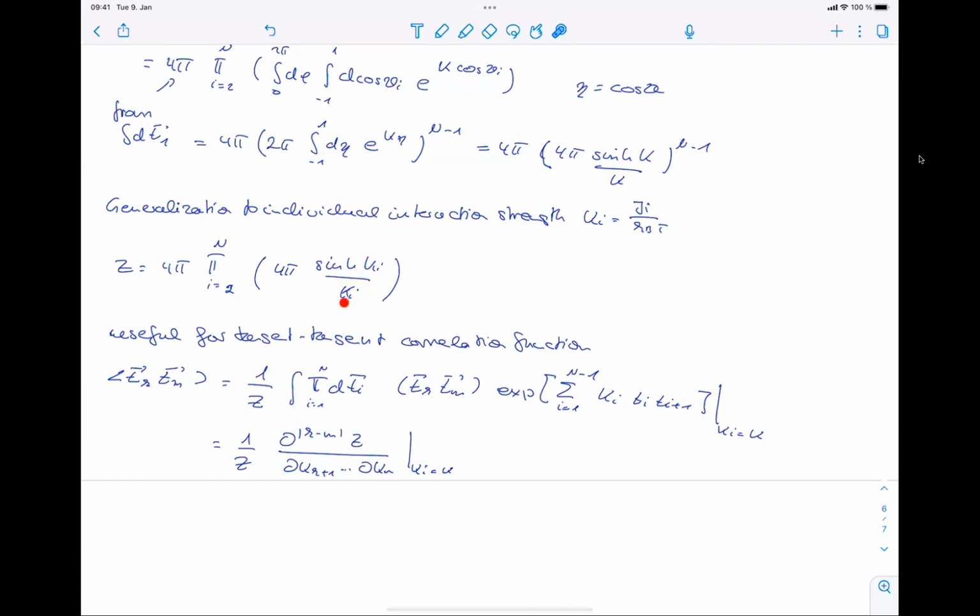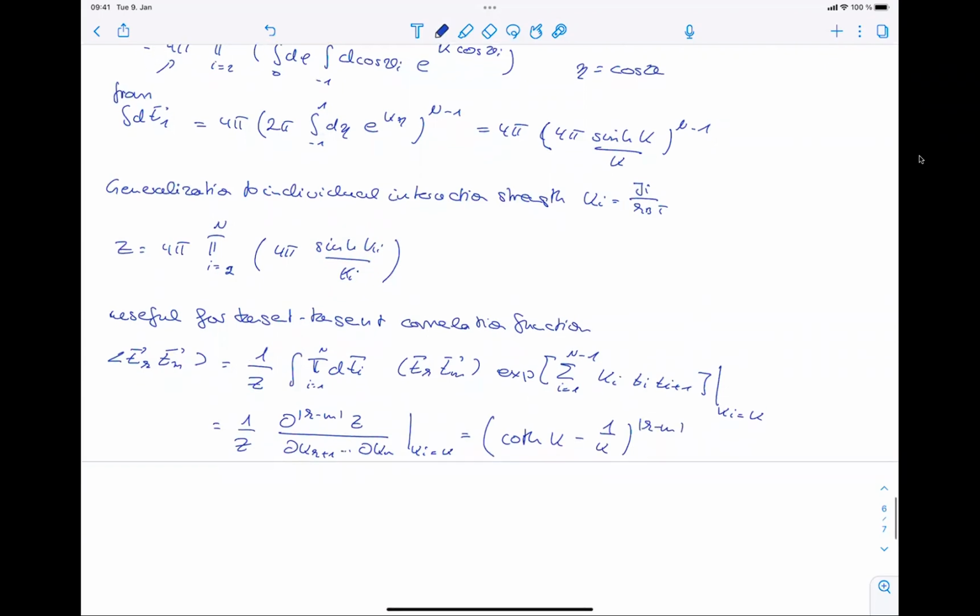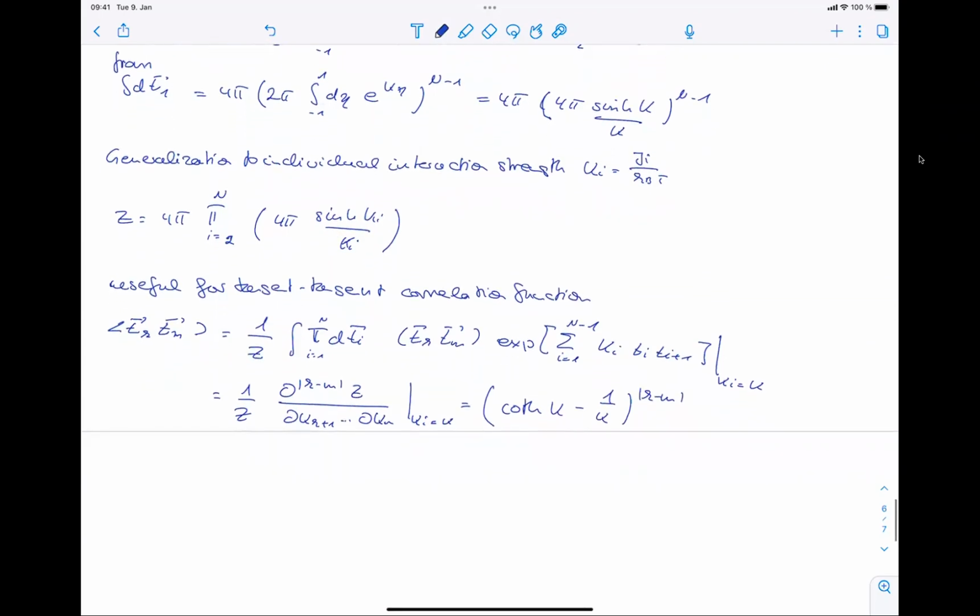And if we take this with respect to this term, a constant appears. So that then gives coth k minus 1 over k to the power k minus m, which we define to be exp of minus (k minus m) b over L_P